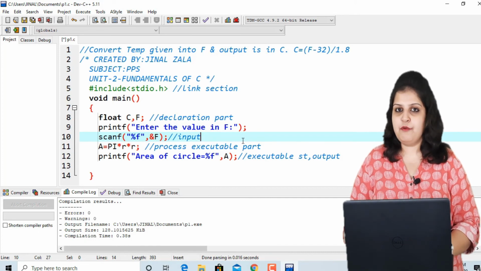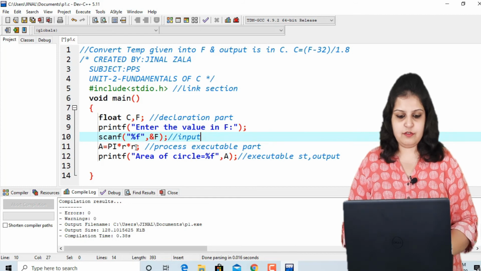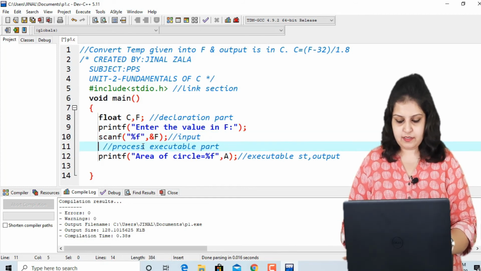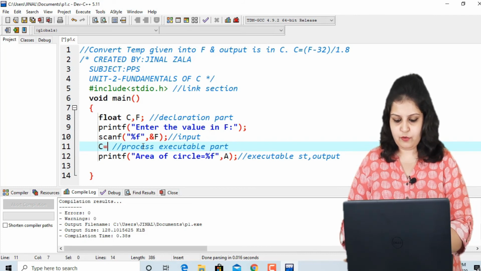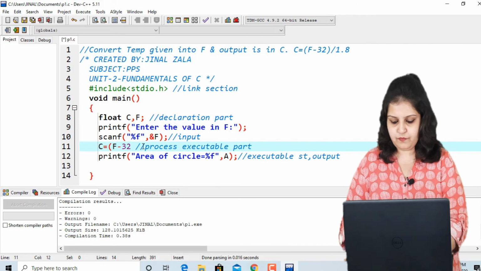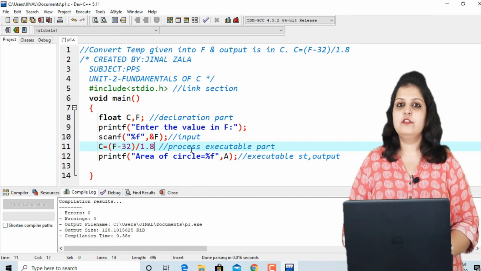Now think about the process. Process is nothing but our expression, and the expression is C is equal to F minus 32 divided by 1.8. So remove the expression of area of circle and write C is equal to F minus 32 divided by 1.8. So our process part is also completed.